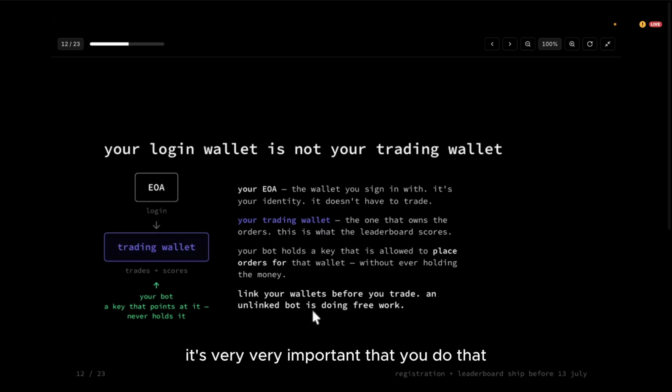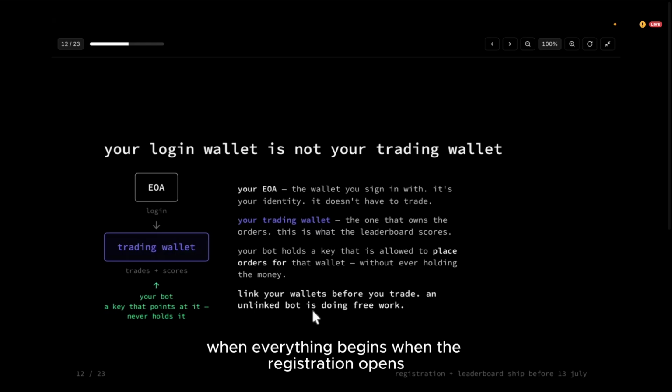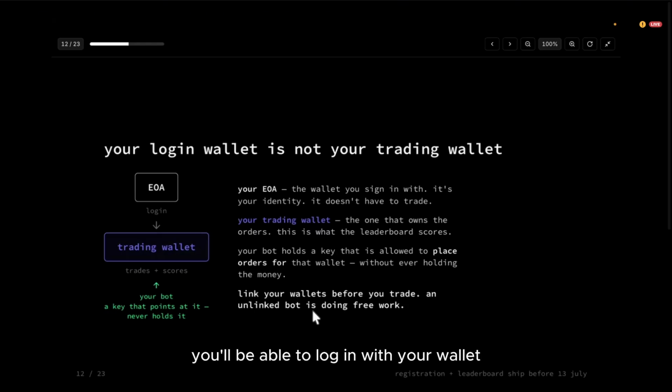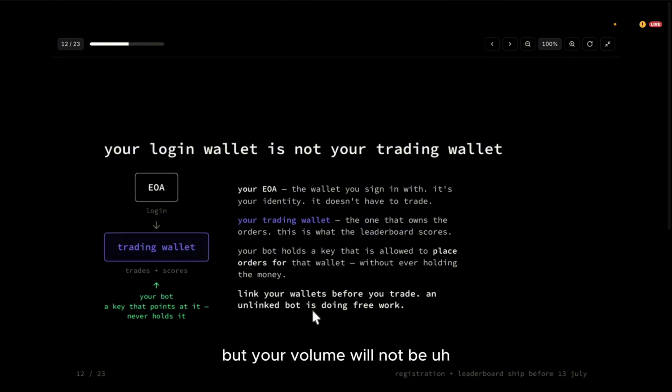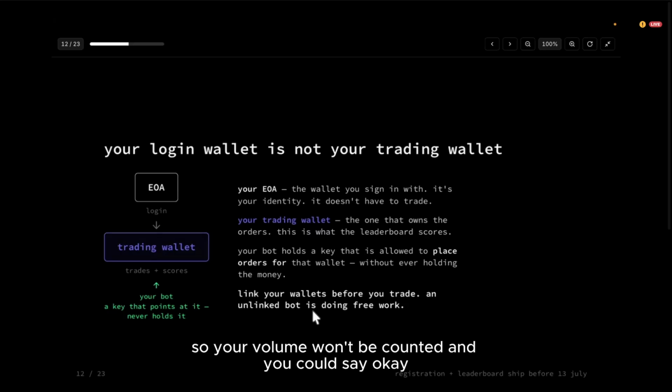It's very, very important that you do that, because when the contest begins, when the registration opens, you'll be able to log in with your wallet, and you'll be able to connect your wallets with your bots. If you do not do that, they will still participate, but your volume will not be taken into consideration. So your volume won't be counted.